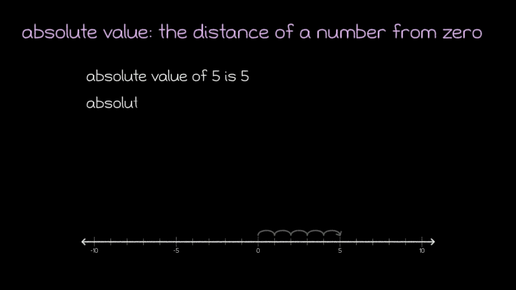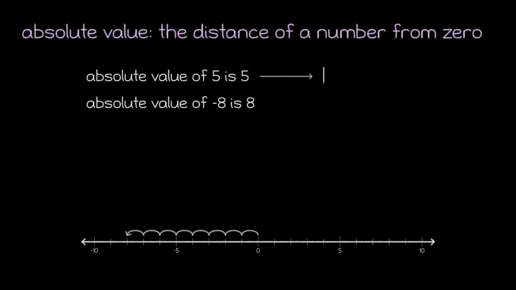For negative numbers, this process is almost as easy. We can look at the number line and count the distance from 0 to our number, and the distance ends up being the same as our number, except that it's positive instead of negative. We can represent these concepts mathematically in the following way. Notice that we drew two vertical lines or bars around the number that we want to take the absolute value of, and that the answer is the absolute value of the number inside the bars.